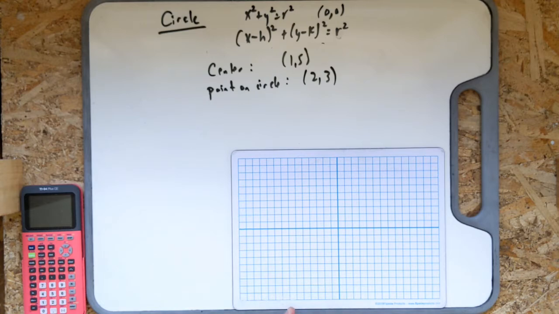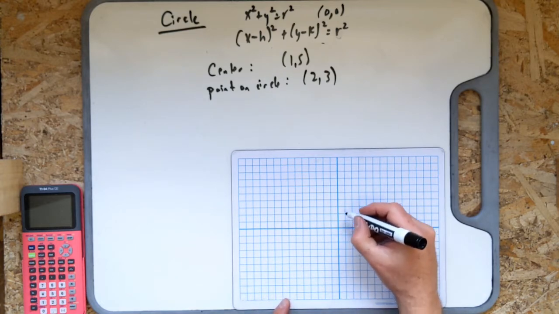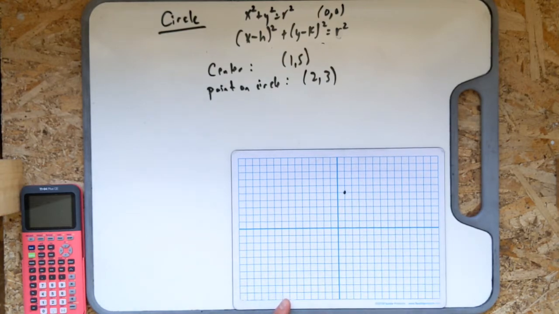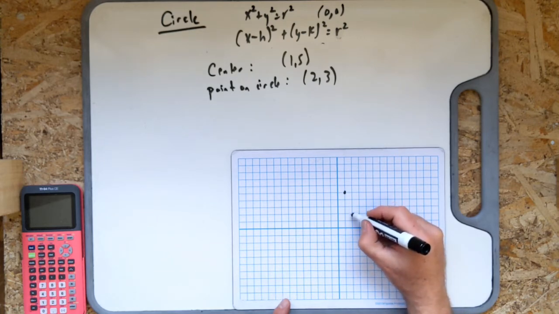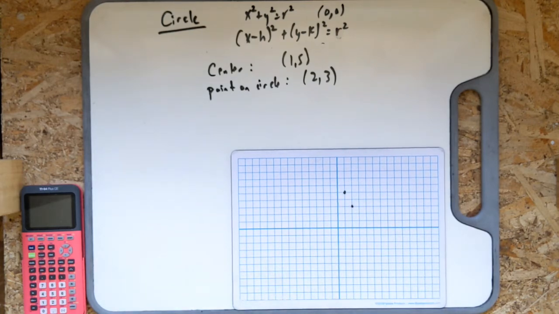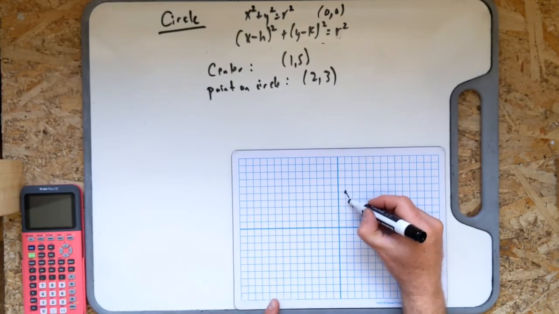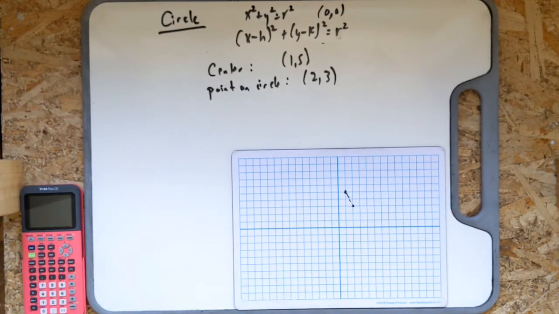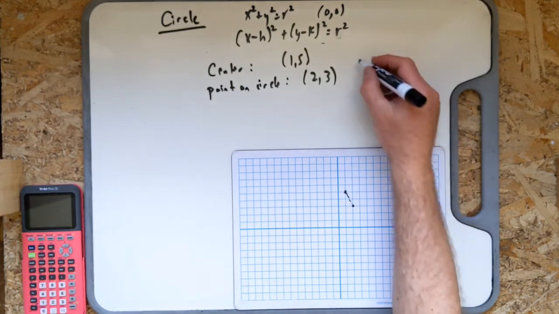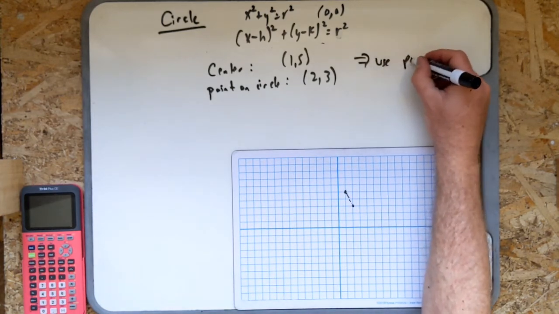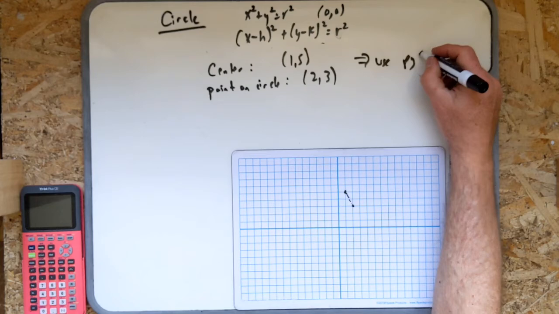Okay, so I'm going to graph it. Center is (1, 5). Point on the circle is (2, 3). By the way, you can tell this is the radius, from here to here. I just don't know what it is right now. The way you solve this is by using the Pythagorean theorem. Remember, that is where the